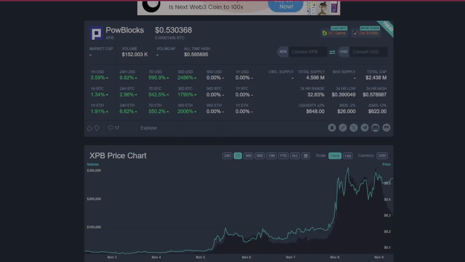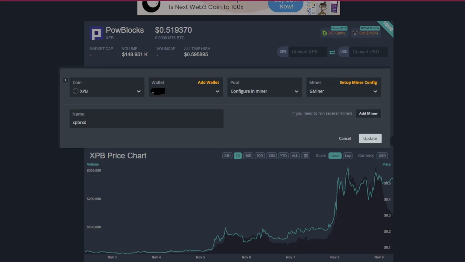Anyway, once we get K1 Pool set up, we have the account, and we've got the mining address from K1 Pool, we've got to set it up in HiveOS. First thing you want to do is set up the coin. Now you can just go to the coin when you set up a new flight sheet, and you can type in XPB and it should show up. You're going to have to add your own wallet. Again, you want to use your K1 address that they give you. And then you're going to want to configure the pool and the miner, because there is no option to use K1 Pool. And for the miners you can actually use gminer or any miner that